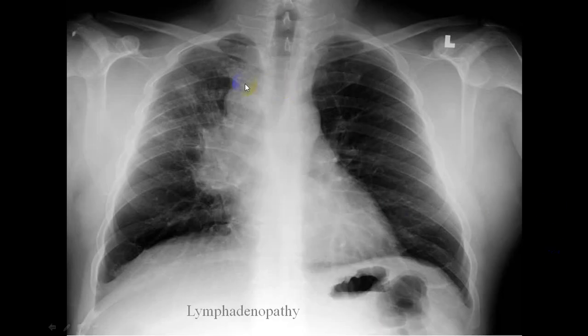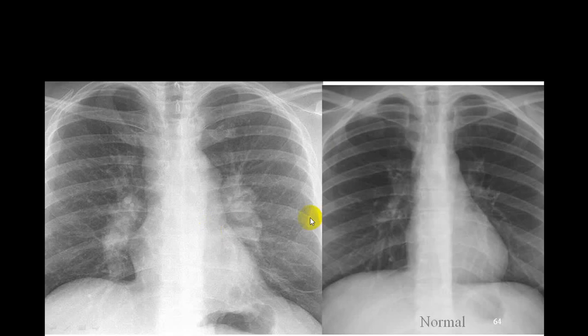Now if you see this, there is a big shadow here, closely related to the heart, and this particular can be lymph nodes. So it was because of lymphadenopathy. Now there are no other shadows seen in the lung, so it is not secondary to any bronchogenic tumors. So this can be primary bronchogenic carcinoma with lymphadenopathy, or can be secondary metastasis from other organs. So this was bronchogenic carcinoma with secondary metastasis.